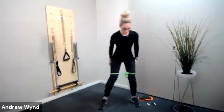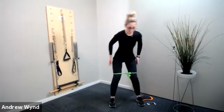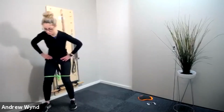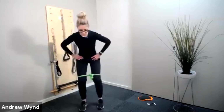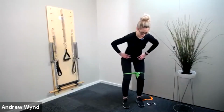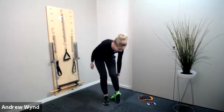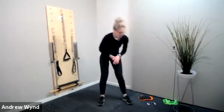So here we can feel those glute muscles, buttock muscles burning, tummy is working hard, and we're really activating those muscles nicely that we will use for our 4 exercises. Excellent work. Now we'll hop out of that TheraBand and I will set up on my system here the Tabata